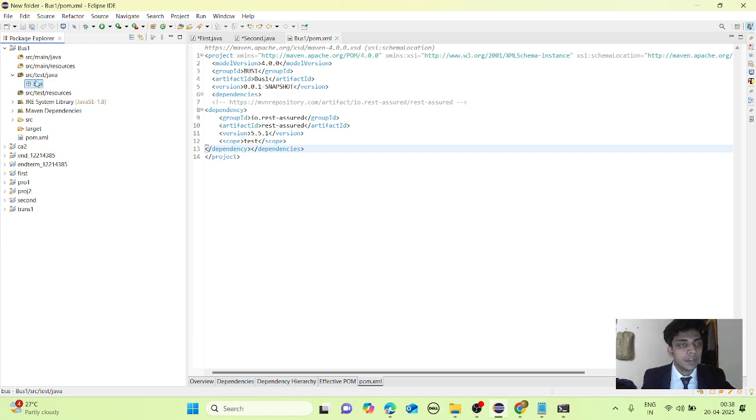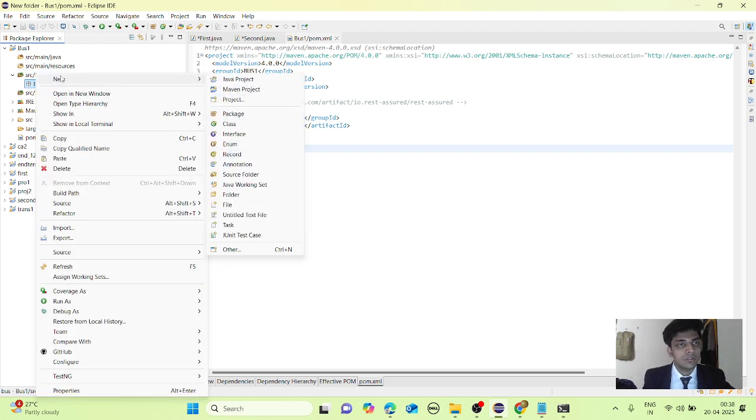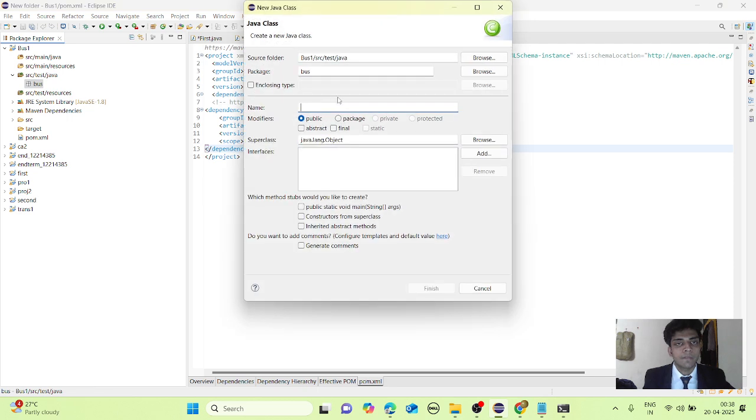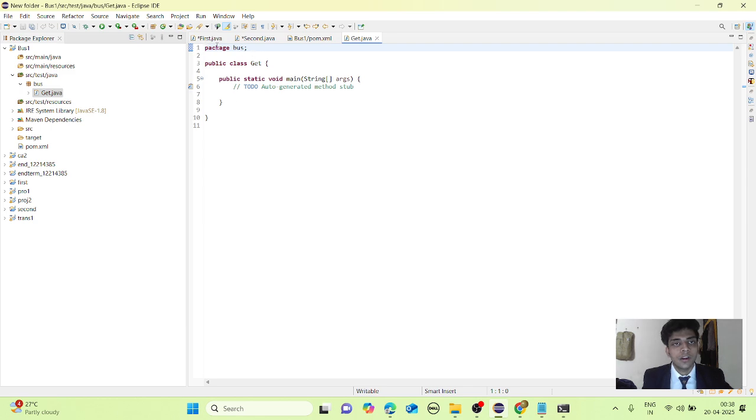Now our package will be created. Right click on the package, go to New, go to Class, and name it get, because first we have to perform the get operation. Make sure you select public static void main, then click on Finish. Now the class will be created.